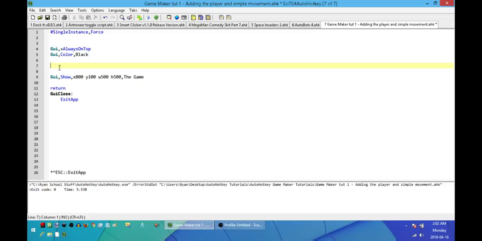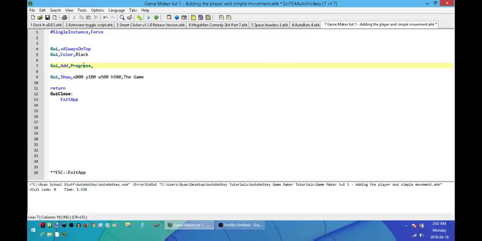So rather than using an image, I'm going to use a progress bar. So I'm going to add a progress bar. And now I need to add in its options. For its options, because we're going to be changing the position of our player, their X position is going to be changing, their Y position is going to be changing, I'm going to use variables for that. But not only that, because all these variables, the X position, the Y position, are all part of a set, all part of my player,